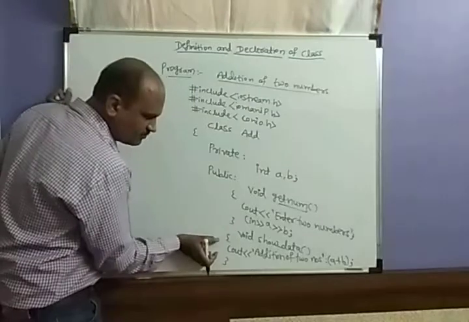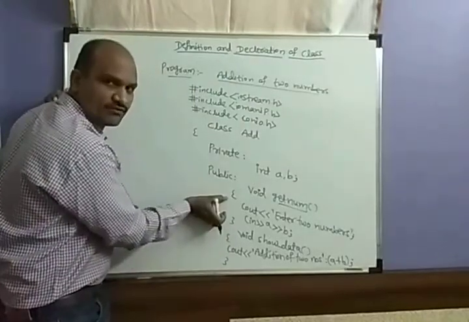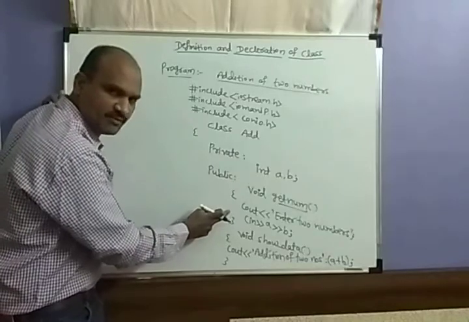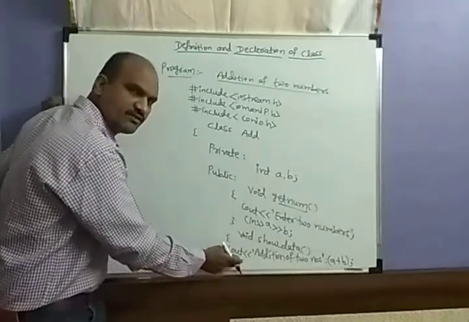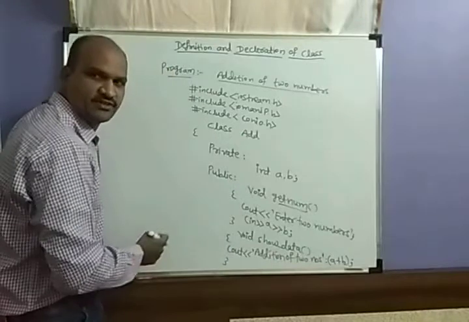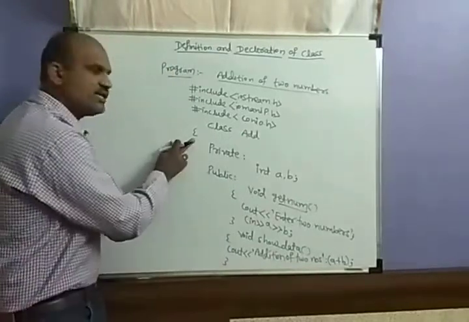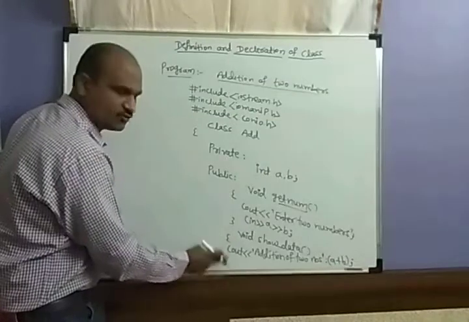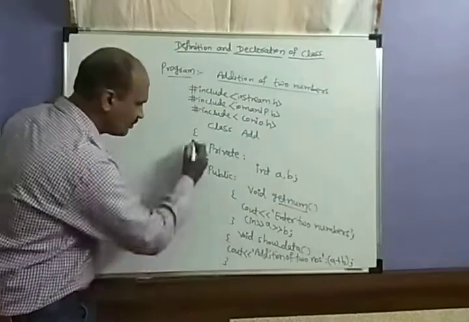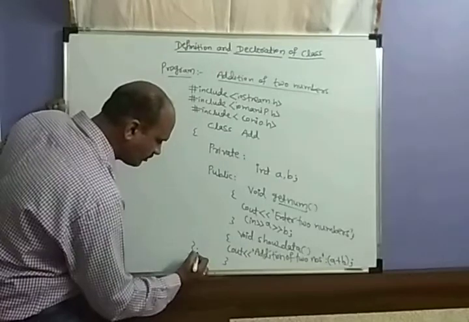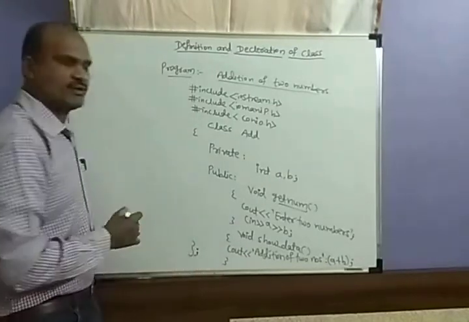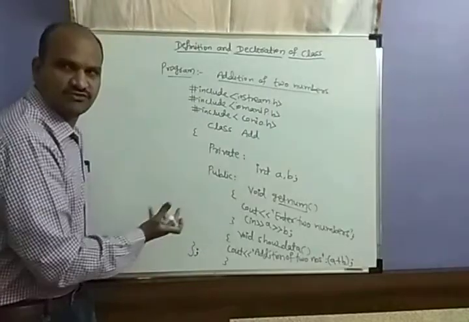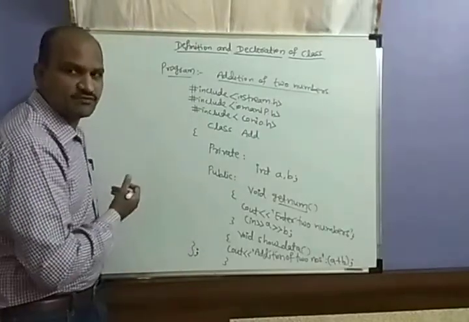So this is one function, and this is another function. Here you enter and read the numbers, that is a and b. In show data you did the addition, that is a plus b. Then the class is closed; this brace closes this function, and this one closes that function. Now the class has to close with the semicolon. This you know. But where is the main function? Now we should write the main function for this also.